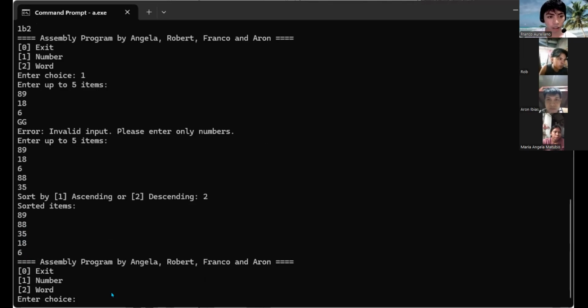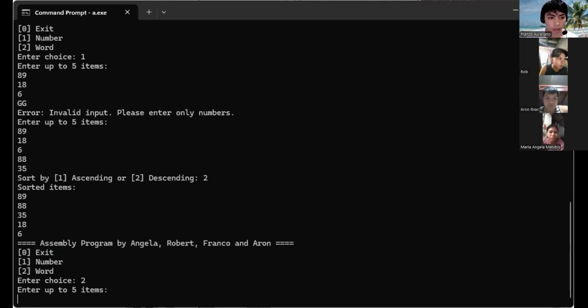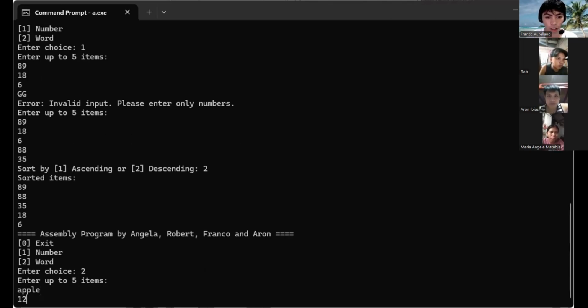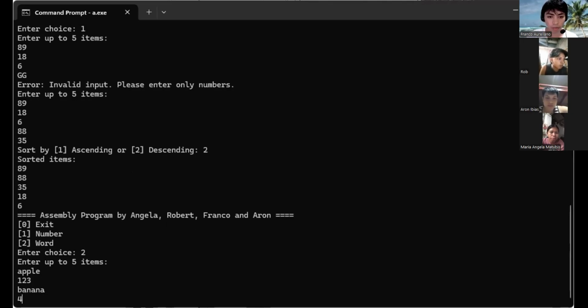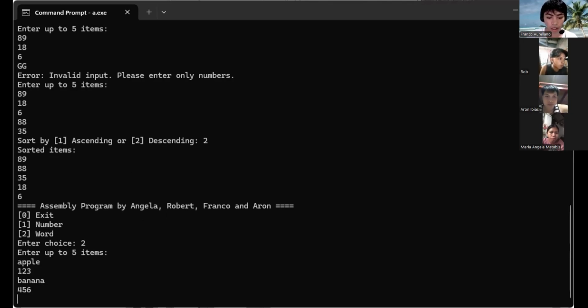And then after that, let's try some error handling again, but for words. So let's choose 2 for words, and then up to 5 items. Then we choose apple, and then 1 2 3, and then banana, and then 4 5 6, and then cherry for the last.